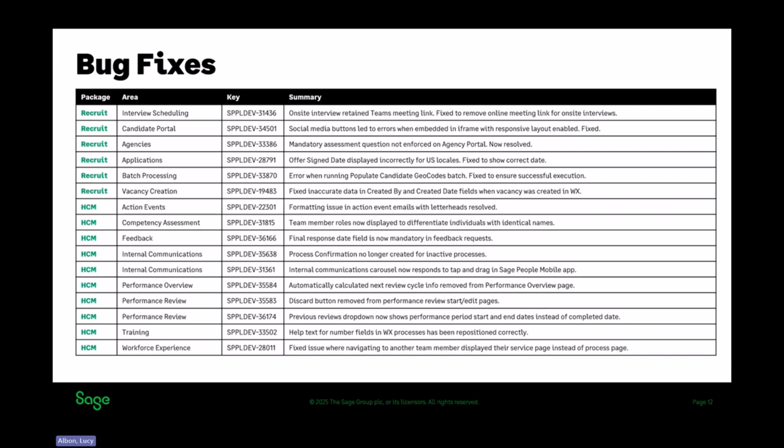So just a few bug fix highlights for you there. Just before I move on to the next section, that is it as far as the 25.1 release is concerned. We've done a lot of focus on voice of the customer items, so some of those have been really key. So the internal communications, being able to display more than just the carousel,